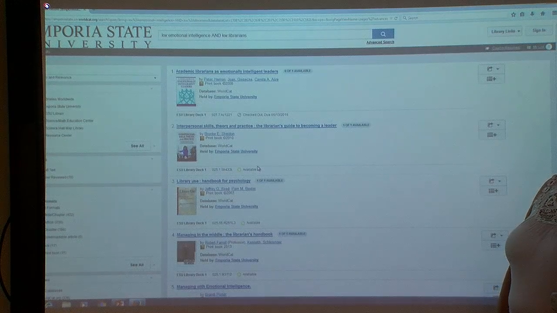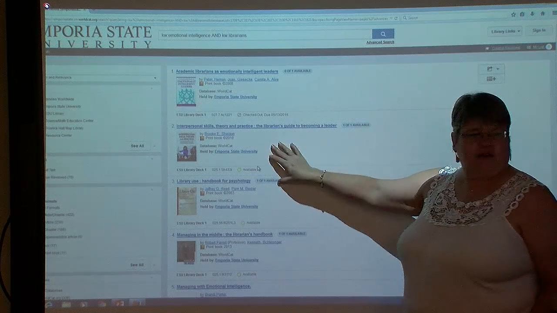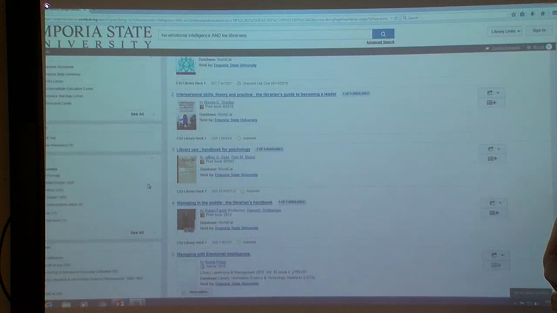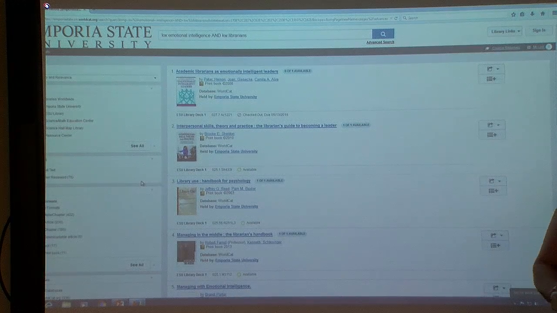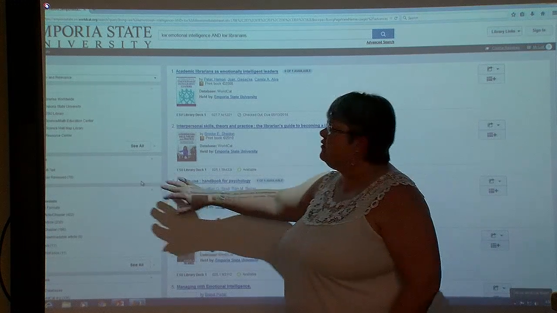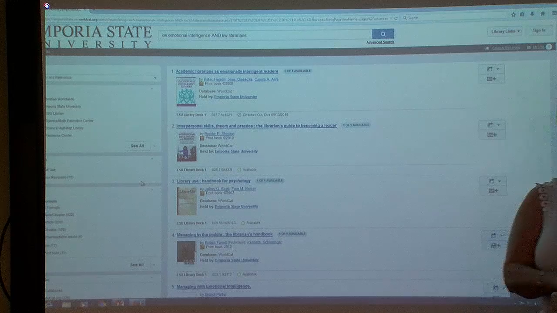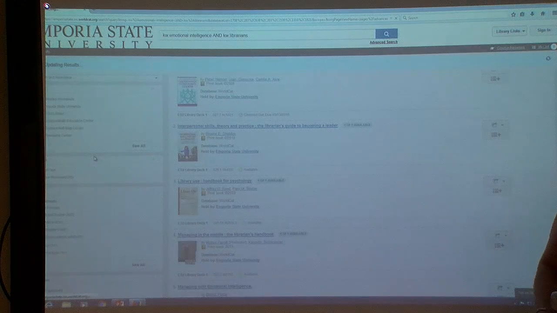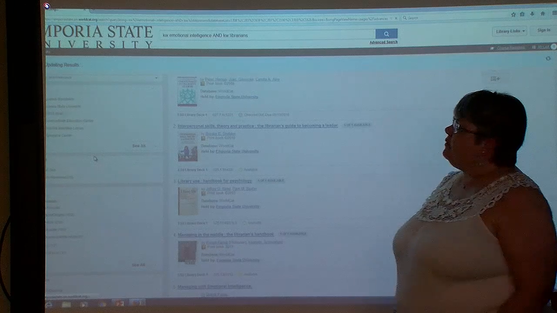And so it found some books. It found 17 books and 422 articles or chapters. So it provides all that information there, and I searched libraries worldwide. So if I switch and I go to Emporia State University only, then it gives me,